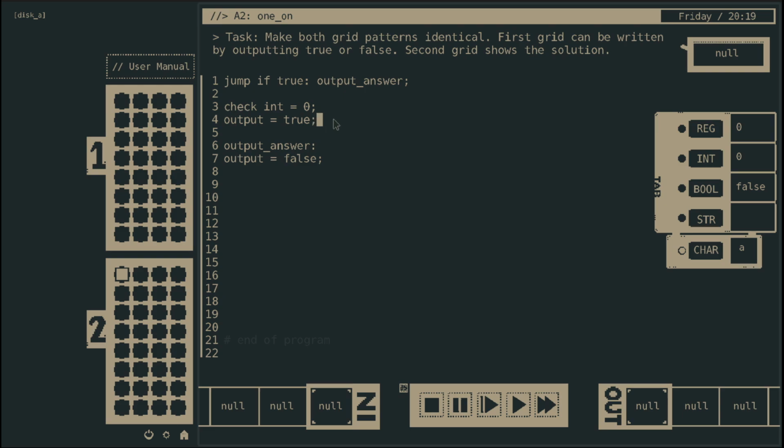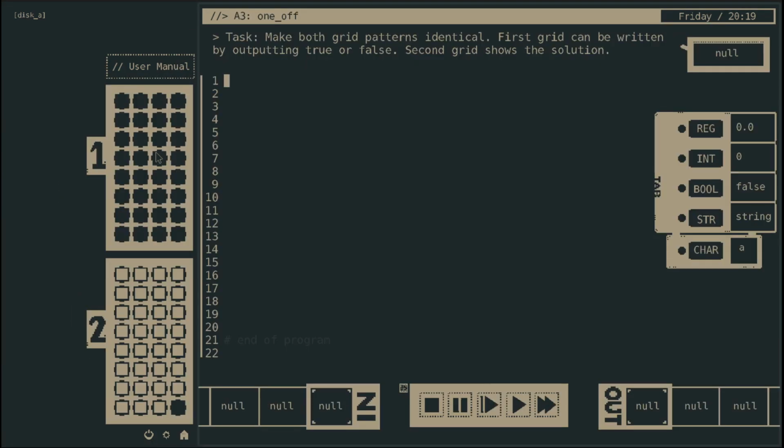This is so confusing. I feel like there's something easy here that I'm missing. That's alright, we'll move on to the next one. 1 off. Okay. How many are these? There's 3, 6, 8 times 4 is 32. So the 32nd one